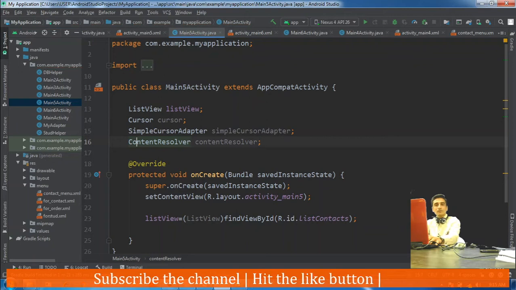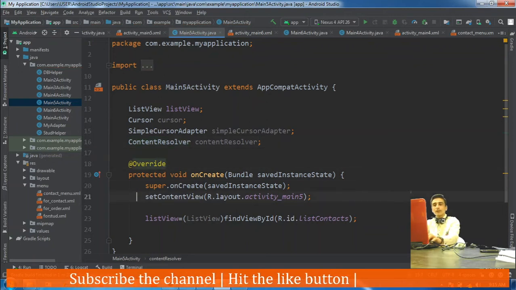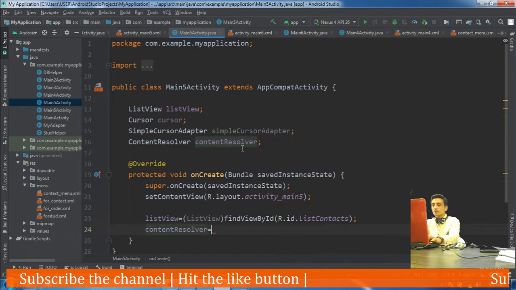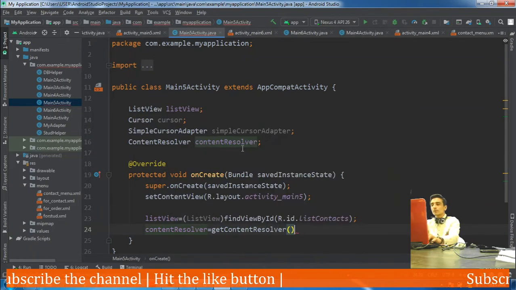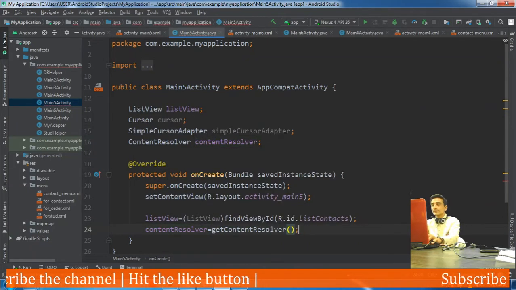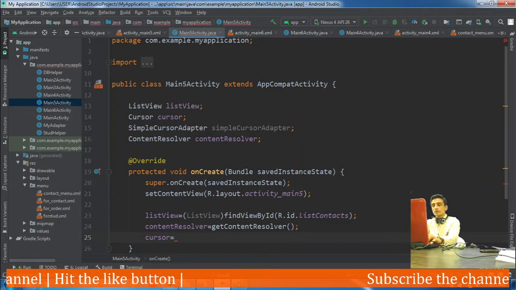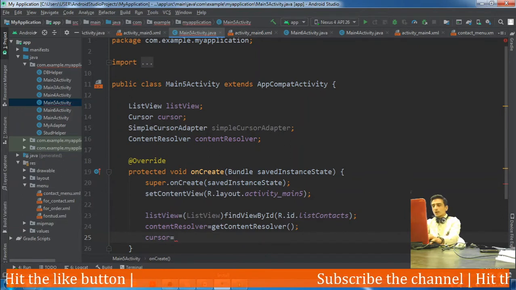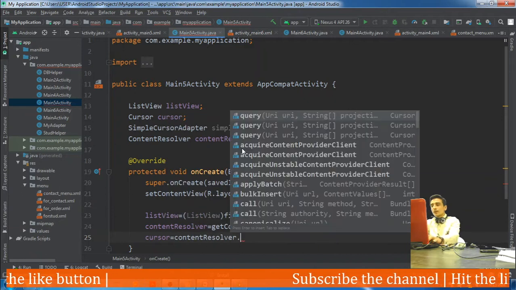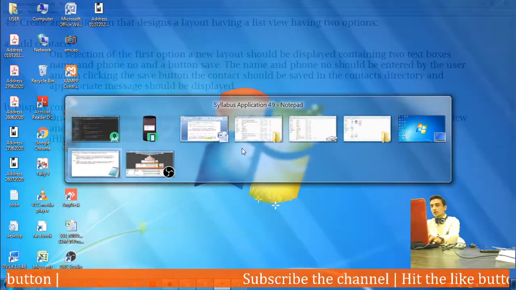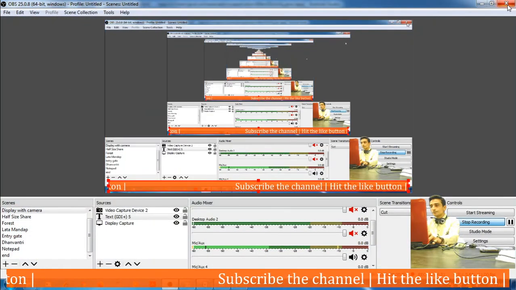If we need to query a content provider, or perform any transaction, then the content resolver is useful. So let's get the content resolver from the activity. Now for the cursor, for retrieving the records in the form of a cursor, the content resolver's query method is to be used.